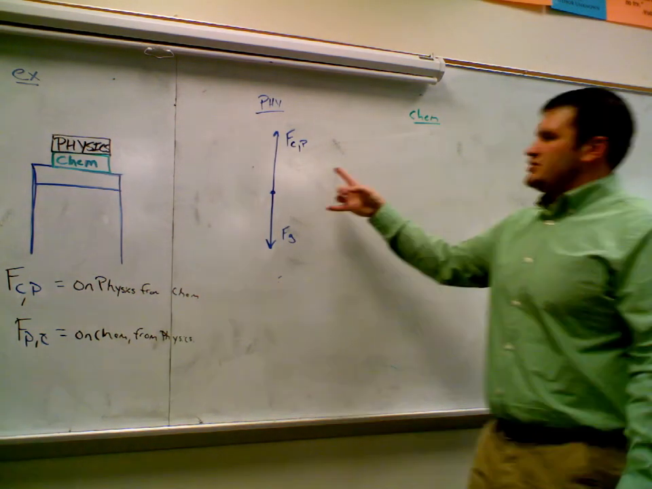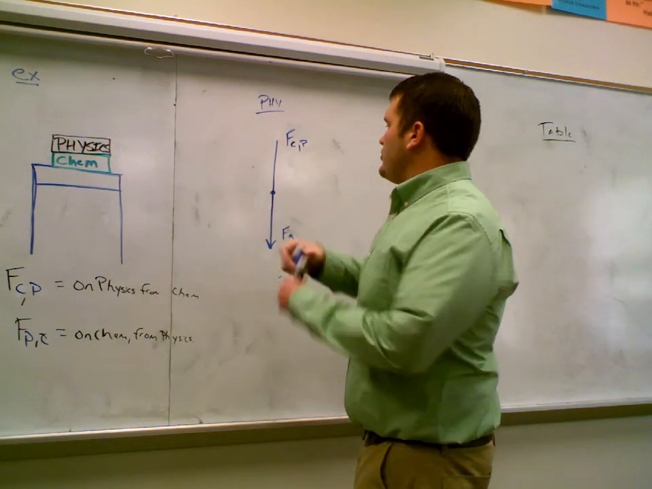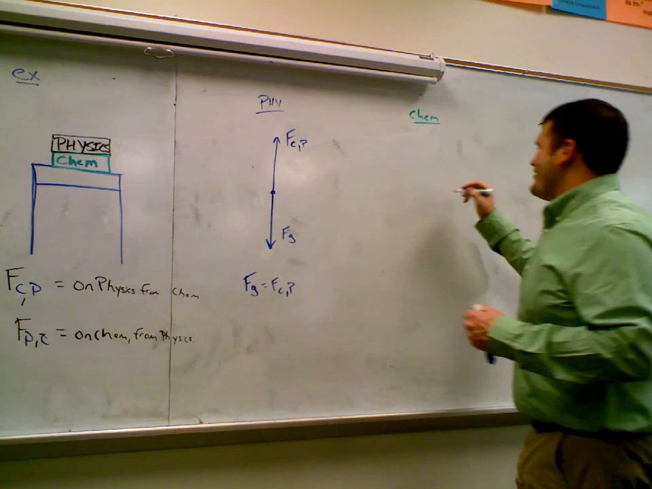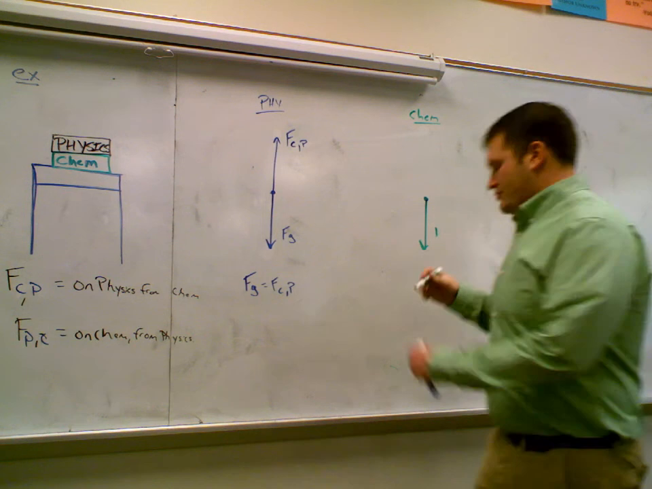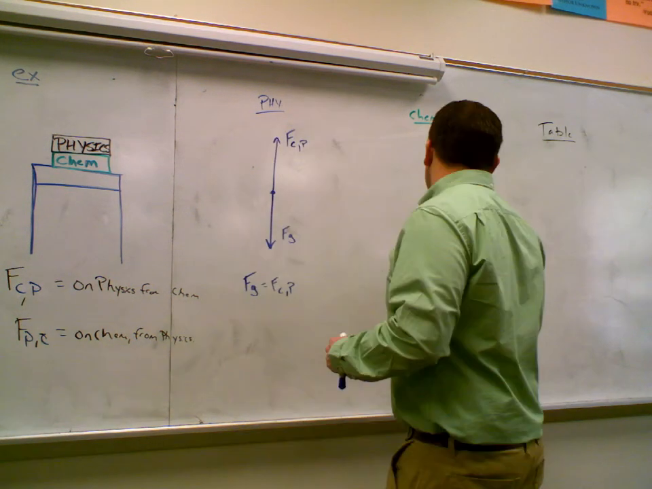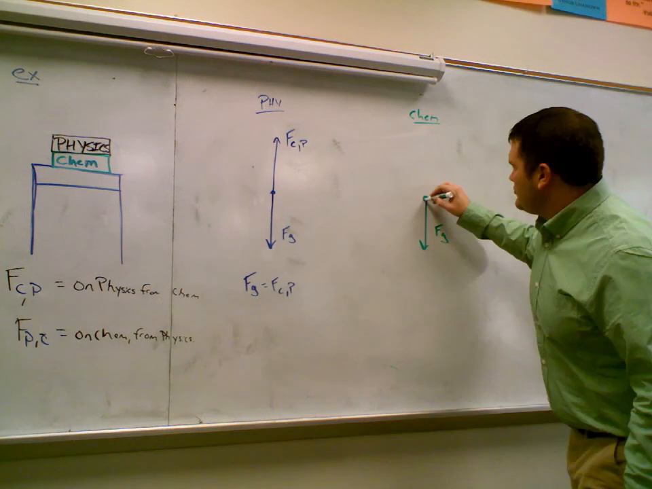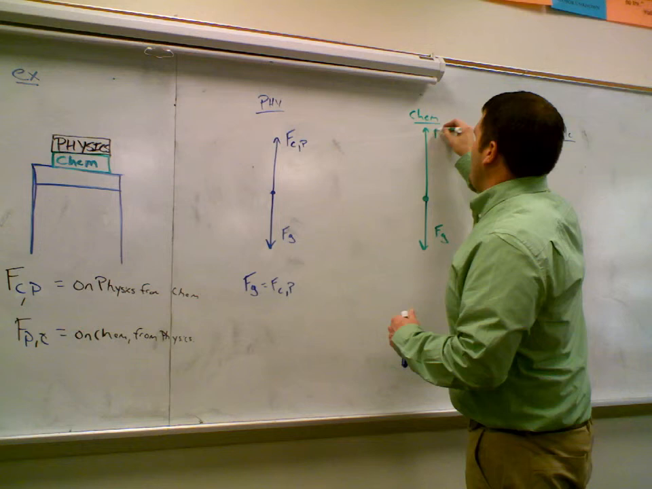Now, what's the relationship between these two forces? My picture denotes this. They're on the same object. The color's the same. You fell for it. Force of gravity downward. What else? The table. The table's going up. Okay. Down. So we have a table going